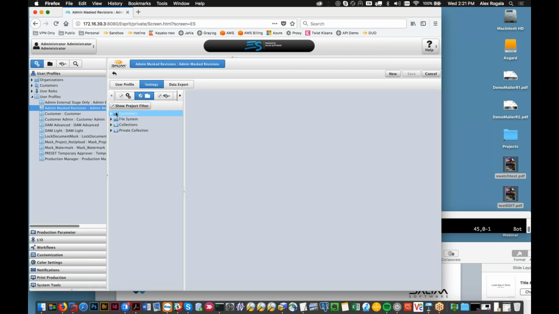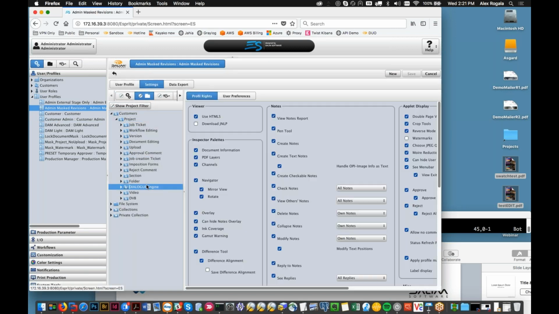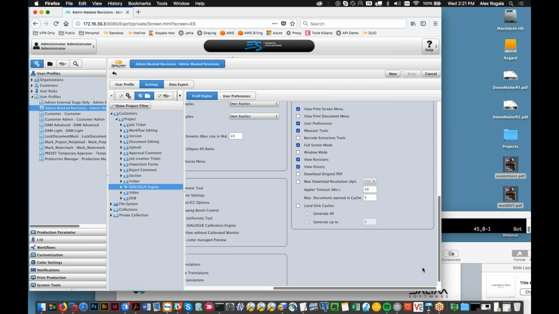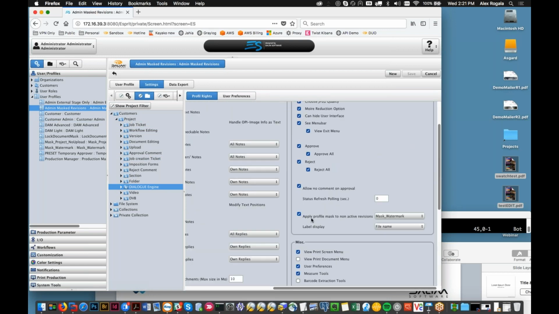And what I did in here is I set it up so that, I think it's under dialog, I'll pop in here real quick. There is a setting in here, apply profile mask to non-active revisions. And this is another thing that's similar to what Mike was just talking about. If you had a case where you wanted to prevent people from commenting on old revisions, for example, in dialog, but you didn't want to rely on milestones,